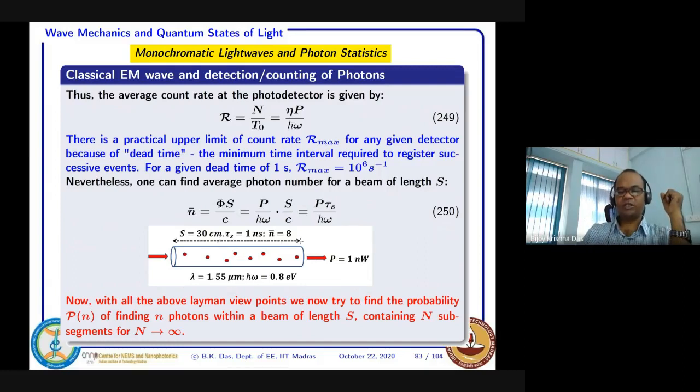It was 8 nanoseconds. Now we said that this average of 8 is there, and then we have shown that Poissonian distribution will be the laser characteristic whenever the laser is emitting. So we would like to derive that a bit, in a layman way, not starting from the very basics, to get some idea of how the photon statistics come, and how detection also includes the detector limitations.